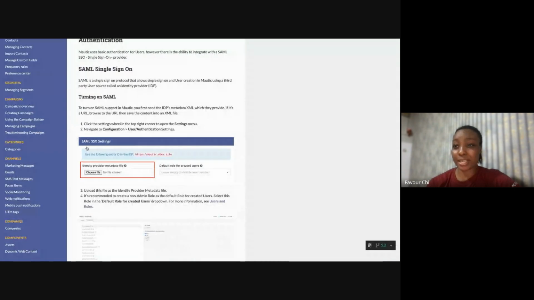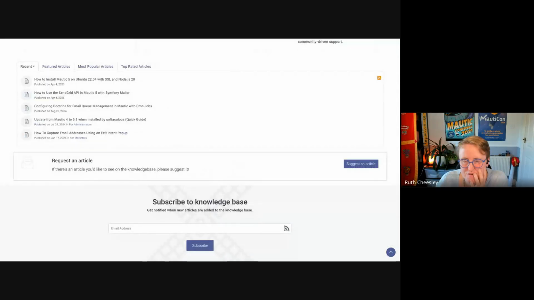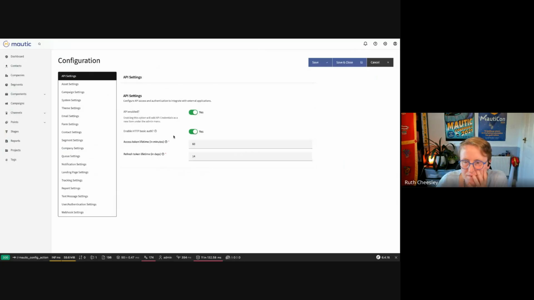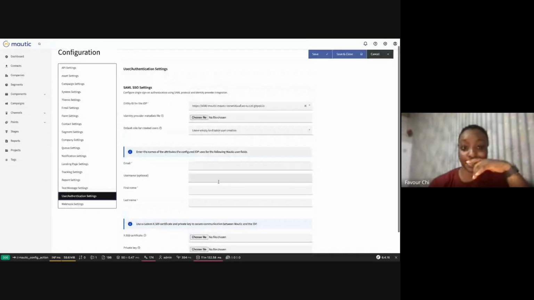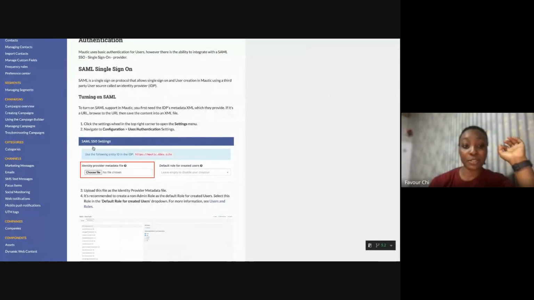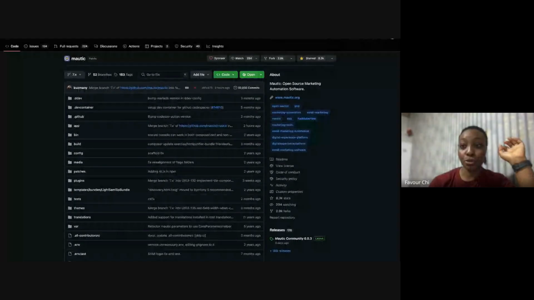This SSO setting is under user authentication settings. I think it's right at the bottom. Yeah, authentication, this is it. So here, this is what we need to change. You can see this UI is different from what we currently have here. So what you do is,